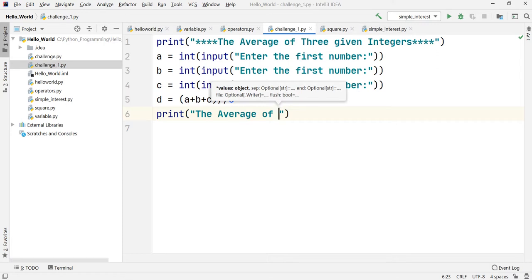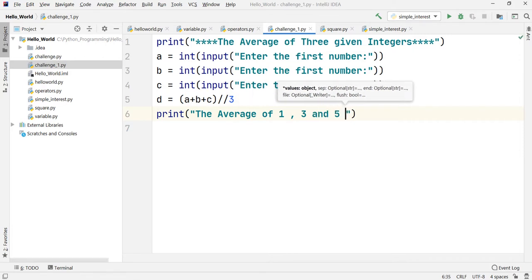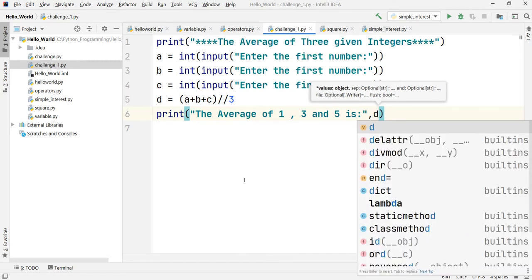That could be 1, 3 and 5 each, with spaces as they were, and then the colon. After this we are supposed to put our answer, so we put one comma here, and then write the variable in which our answer is stored. Our variable is d, so we will write it like this.